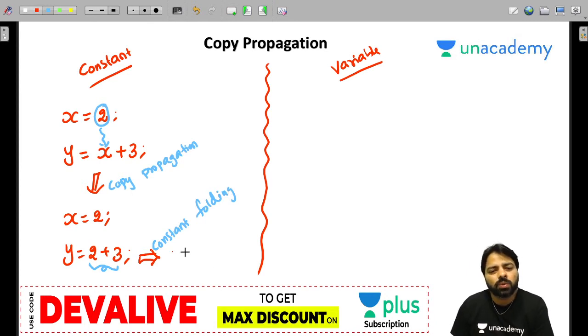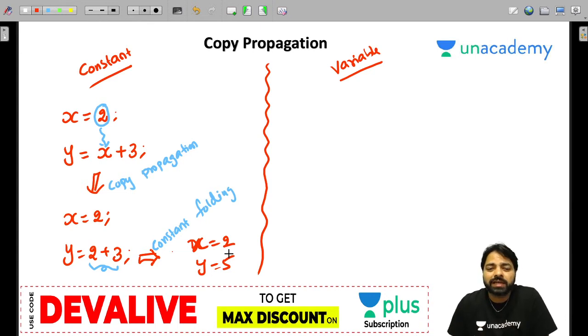So now you might get the code x is equal to 2, y is equal to 5, and it depends on the remaining code. If x is not used anywhere, x is equal to 2 will become dead code. If you are only printing y, then x is equal to 2 is dead code. That I will explain later. You can even delete x is equal to 2, because wherever x is there we have replaced it with 2.